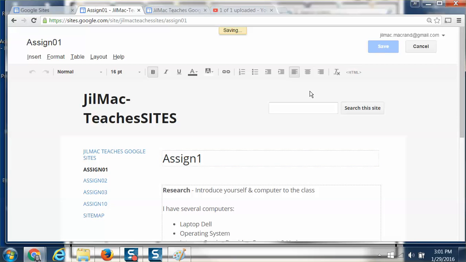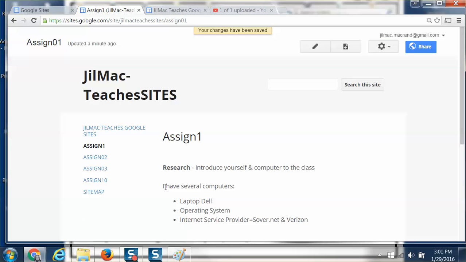Why do we keep doing that? And if I were to refresh my screen, notice how assignment 1 now comes after assignment 02 and 03. And that's because of sorting. If you were in computer